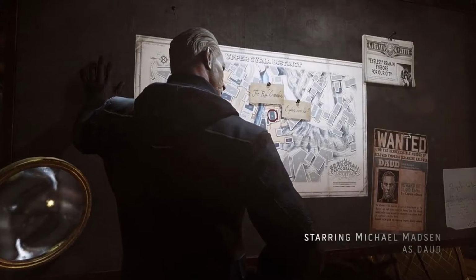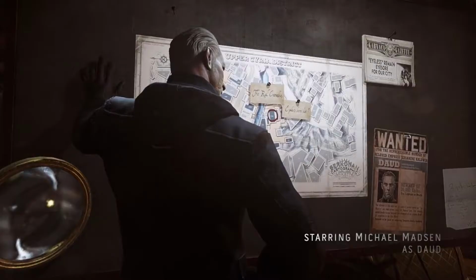Now what's interesting here is that it says Serkonon Cartographic on the map, and Serkonos is the isle in which Karnaca is in. Maybe the game will take place only on Serkonos, but we might see some other parts of it, because it says this is the Upper Syria district, and something that says the Red Candle. Basically, there are locations here, it's a pinboard, and I'm guessing that this will work pretty similar to how the